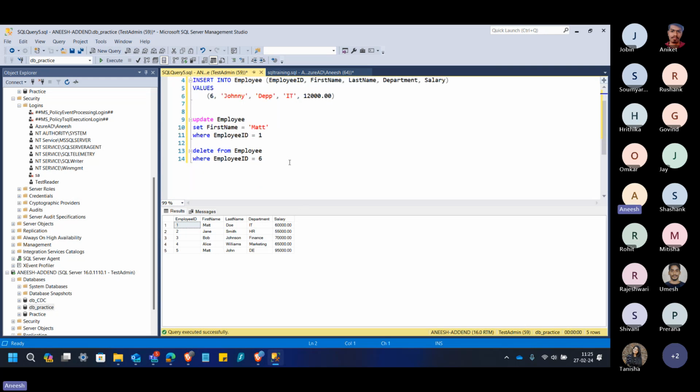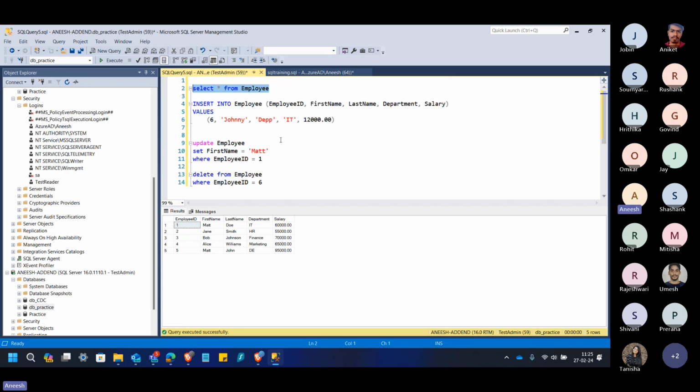So here we have gone through the three rules as of now. DB underscore owner rule, that is the administrator rule. He has all the required permissions for the database. And then we went through the data writer rule. It has only insert permission, it can only write the data, and cannot make any other changes. And first was the data reader rule. So he only has the permission to read the data, that is select permission. Now we will go through the next rule,